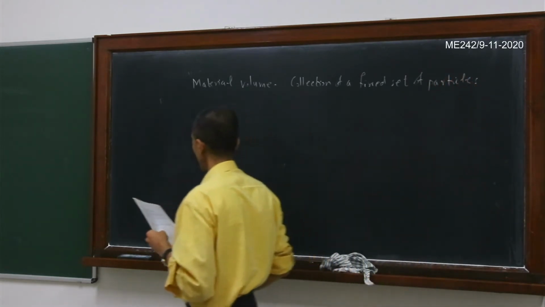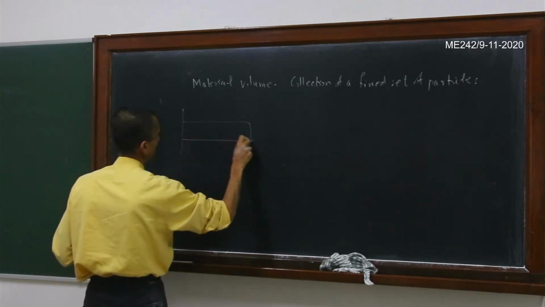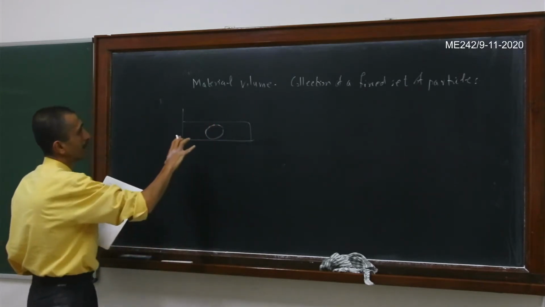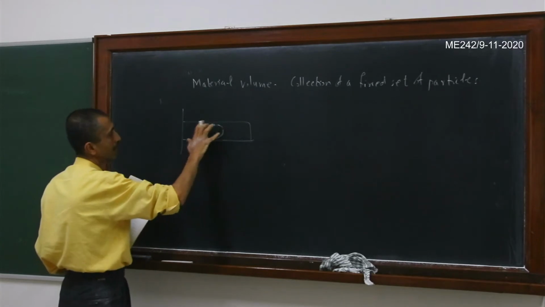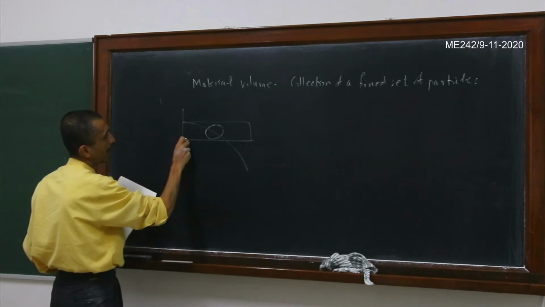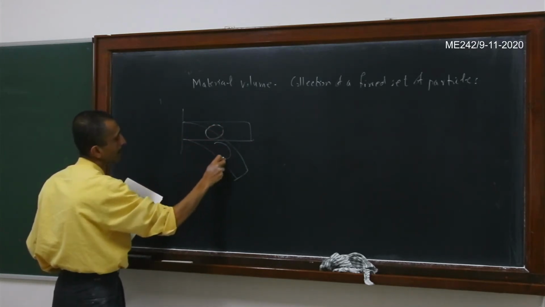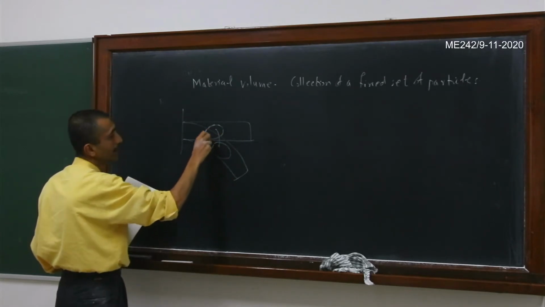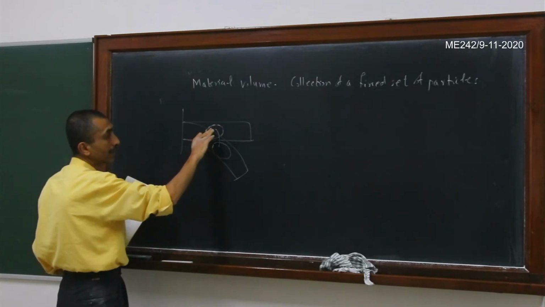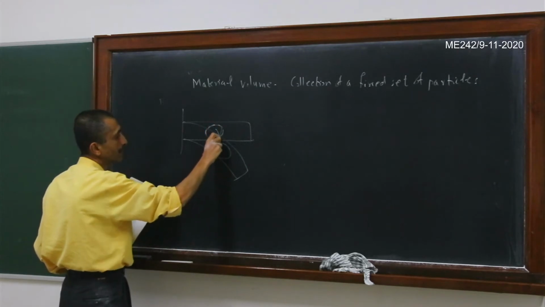Okay, so what do we mean by that? Suppose now you are considering a cantilever. Now you are considering some system of particles on this cantilever beam, and now imagine that it deforms. Okay, and now you are looking at the same set of particles as they are evolving. So that means nothing is entering into this material volume and nothing is leaving this material volume. So we are considering the same set of fixed particles as they evolve.